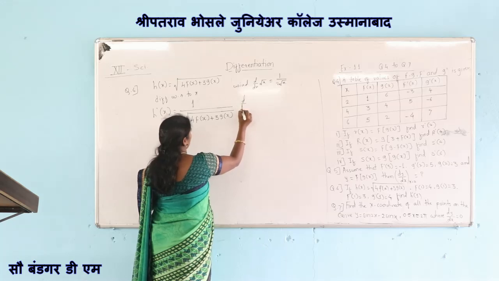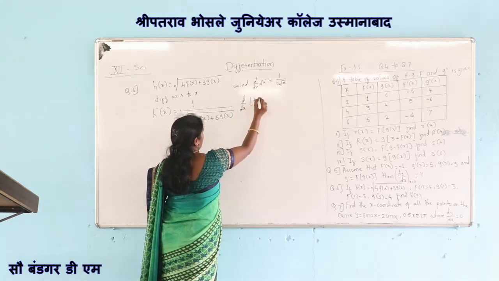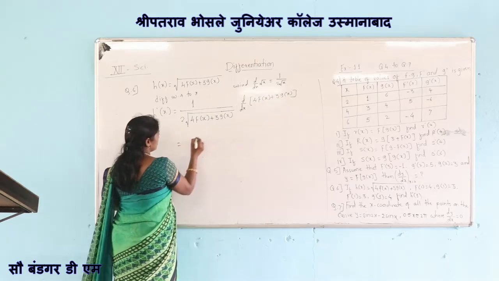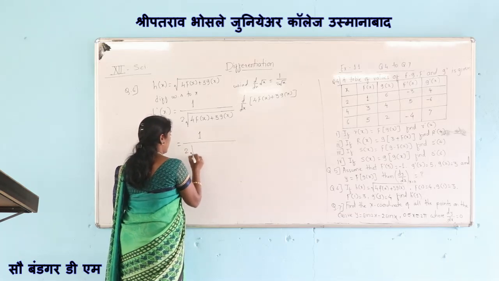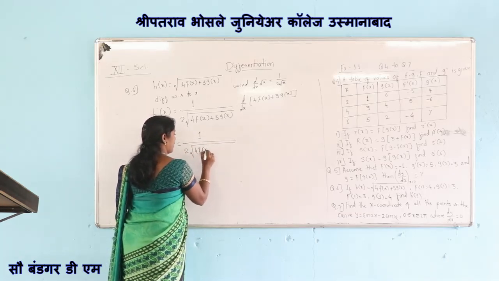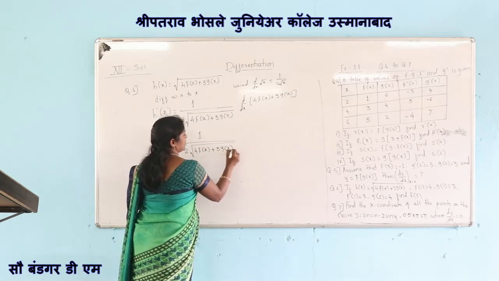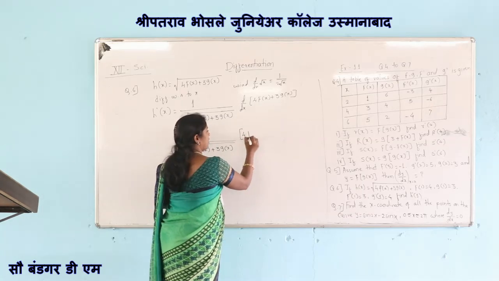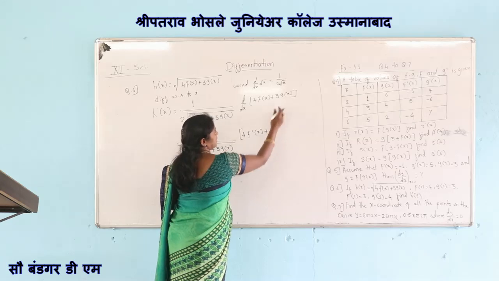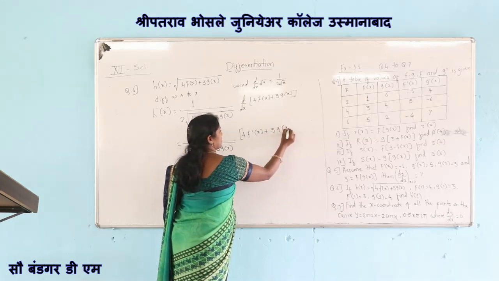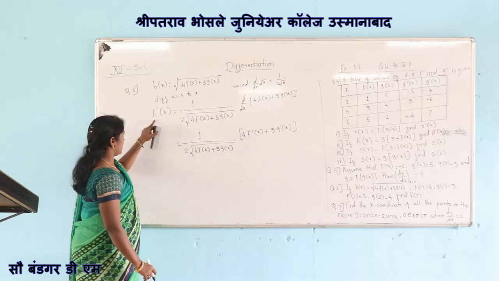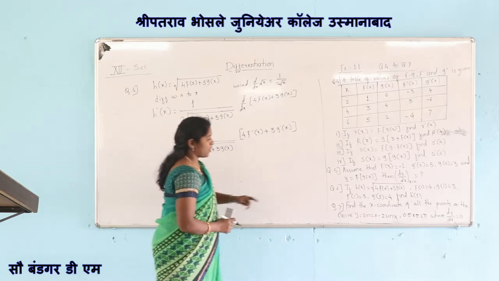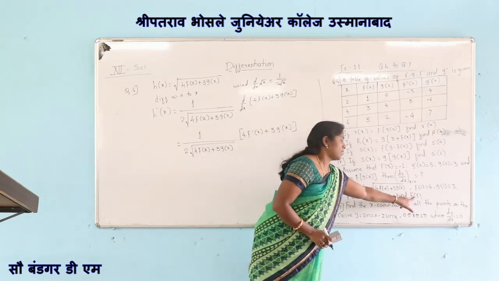Now instead of x there is a function. So d by dx of 4 f of x plus 3g of x is equal to 1 upon 2 under root of 4 f of x plus 3g of x into 4, multiple constant as it is. Derivative of f of x is f dash of x, plus 3. Derivative of g of x is g dash of x. So this is our required h dash of x, and we have to find here h dash of 1.